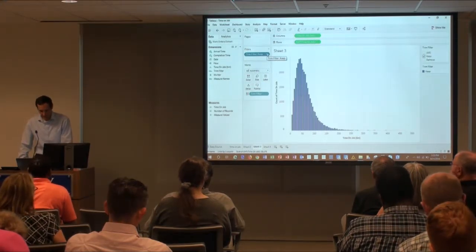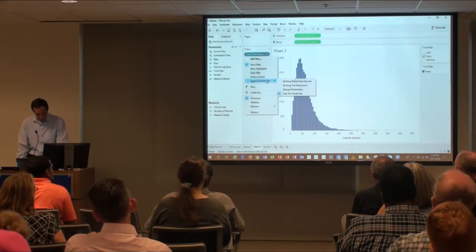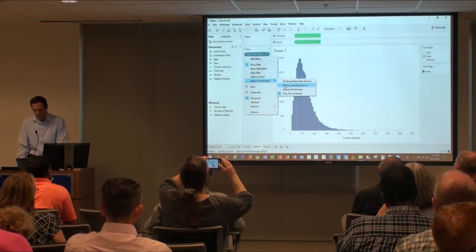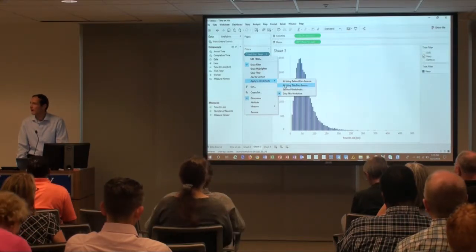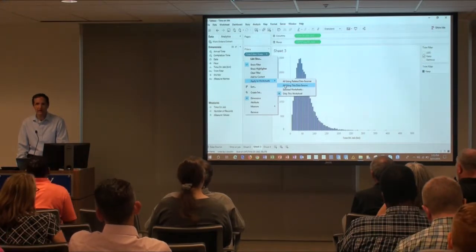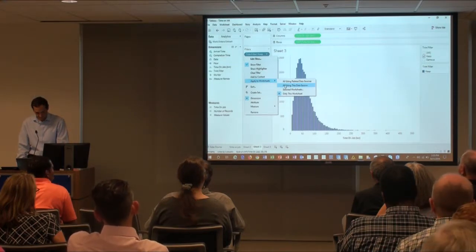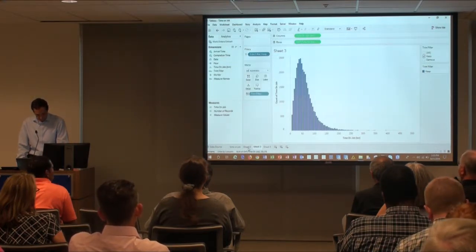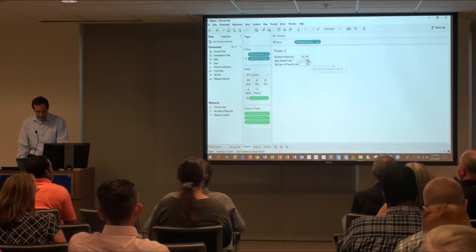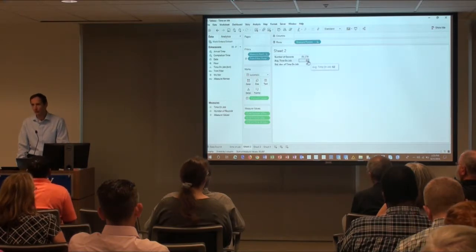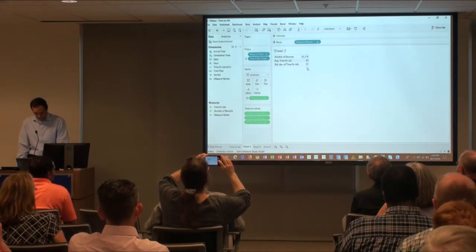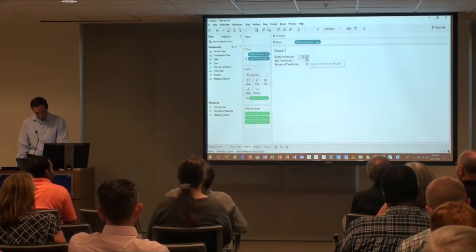So going back to my histogram, the other thing I'd like to do, so that I don't have to keep doing this filter, is apply it. So I'm going to say apply that filter to all the other sheets. Any viz that's using this data source is going to have this filter applied from now on, because I don't want to get tripped up by those exception cases. Do that. And now if I go back to my summary sheet here, you can see that the filter has been applied, and now my average is down to 62. So it's a good thing I didn't go tell anybody that it was 180, right? So 62, that feels better now. Standard deviation is 47.